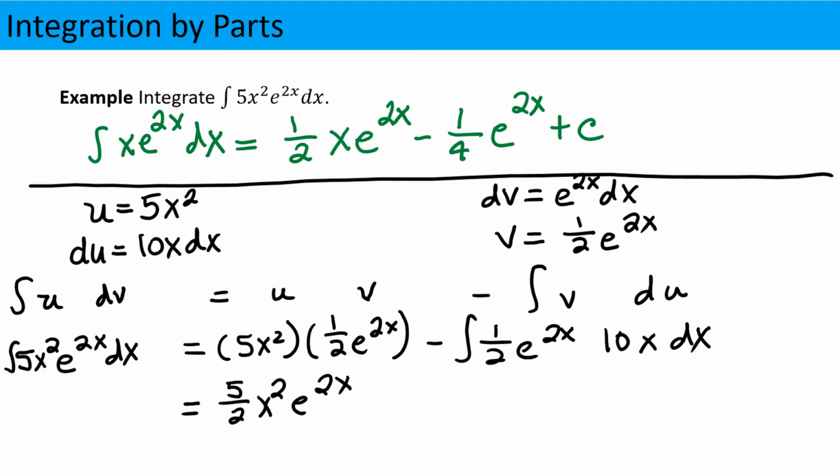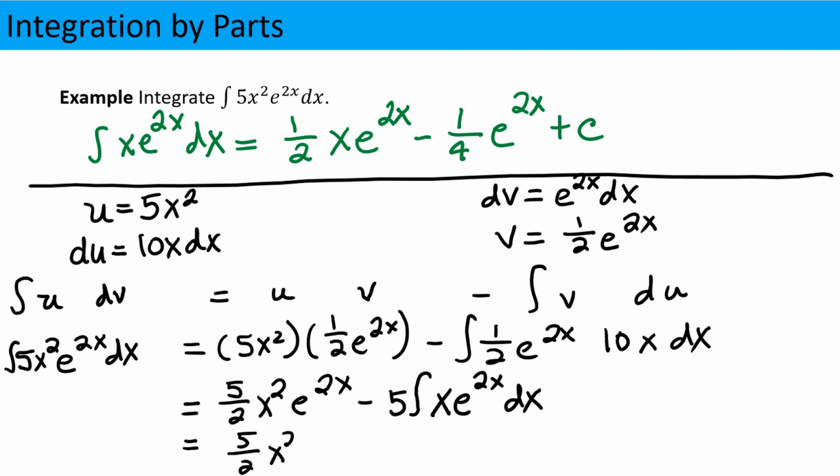Now let's look at the terms within the integral. You have 1/2 and 10. Multiplying those together, it's a 5, and we can move it to the left of the integral symbol, and we still have x e to the 2x dx. Let's note the integral of x e to the 2x dx we solved previously, and so now we'll replace that integral notation with the actual integral, and our answer will be